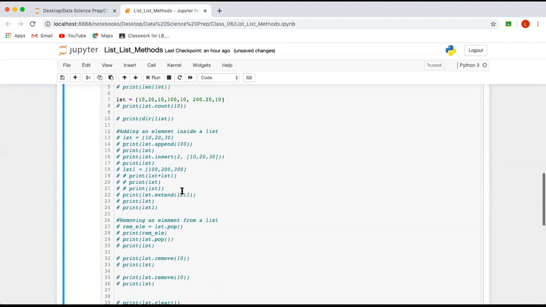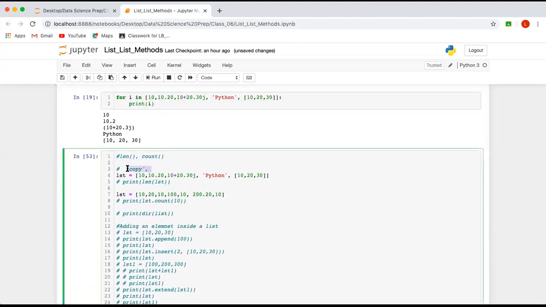Okay, so this is the copy function. We have discussed all the functions available in list.